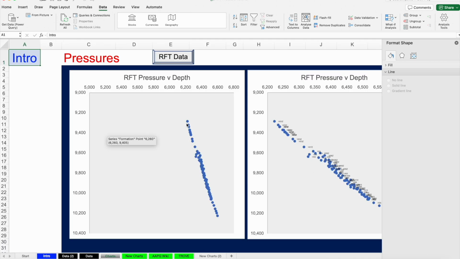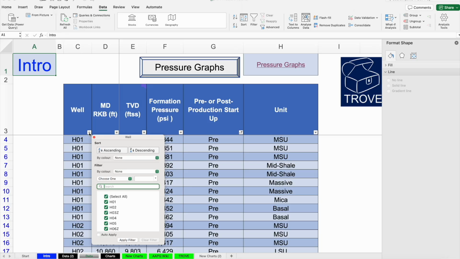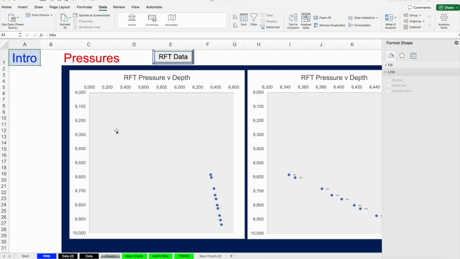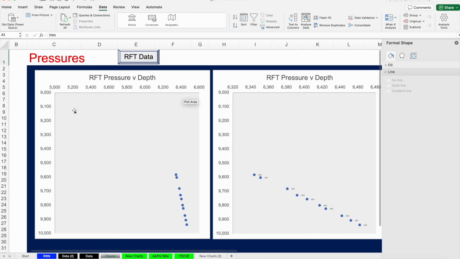We're seeing that the pressure is increasing with depth. There might be a water gradient at the bottom towards here. There's something going on. There's a few spurious points, but you're seeing all the data. Now let's just say we want to look at that H01. When I go to this pressure, I've got it so that the parameters are set so that it always falls in the right place. Basically setting the start as 5,000, the top is 6,600, and we're going from 9,000 feet subsea down to 10,000